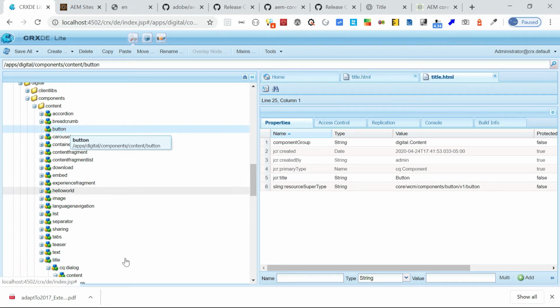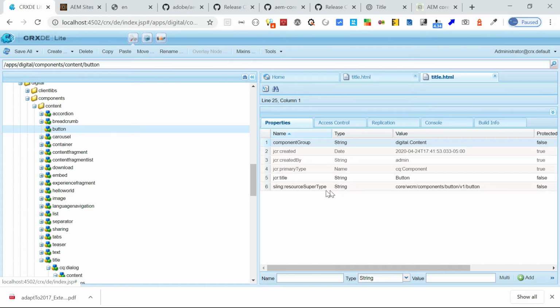If I go to button, nothing is there, only this button is referring to the resource super type. To create a proxy component, we just need to create a node. The component group should be whatever group you want, digital.content or digital.core, per your requirement.